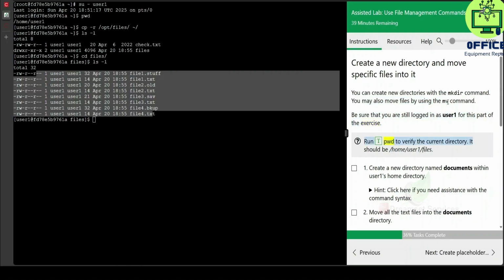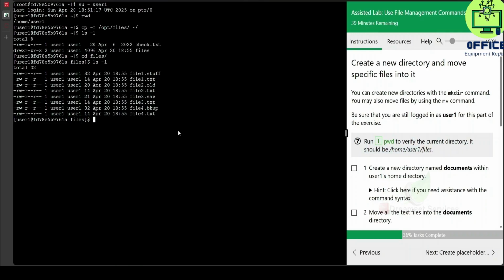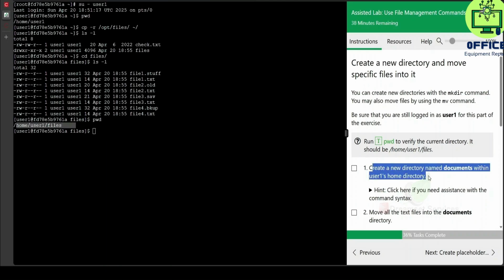Run pwd to verify the current directory. It should be /home/user1/files. Create a new directory named Documents within user1's home directory. Hint: click